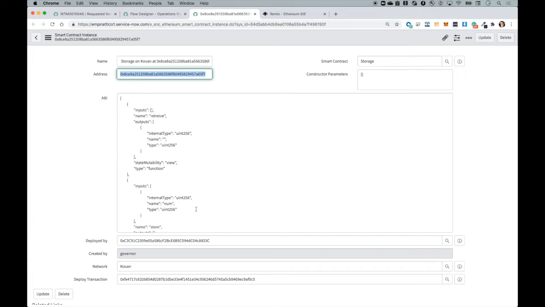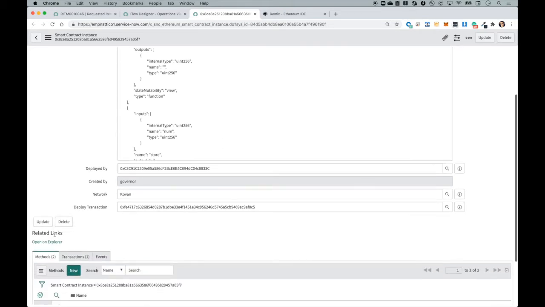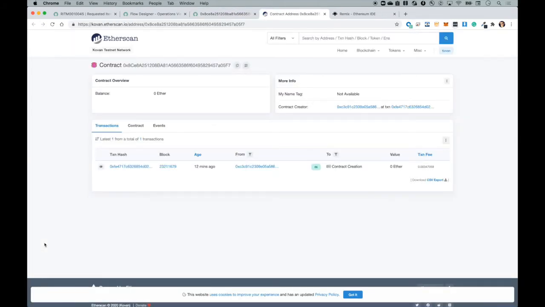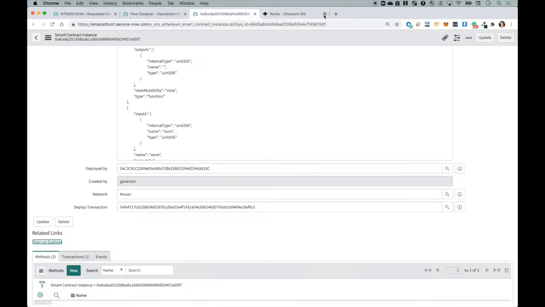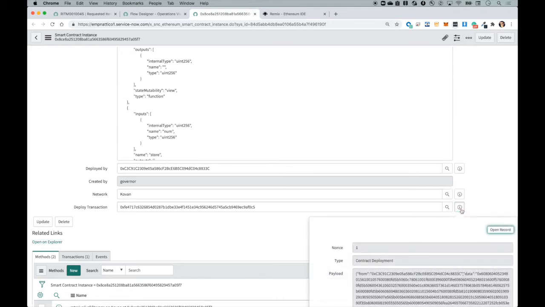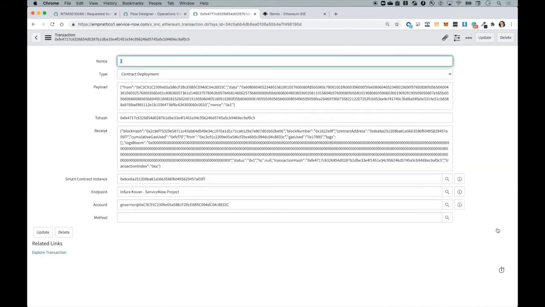I have again the ABI, and I can open in the Blockchain Explorer the smart contract instance and see all the details about that. For the moment, I have just the transaction that has created this smart contract. In the same way, I can go back to the smart contract instance and I can see the transaction that has deployed this smart contract instance. And I can open this object in ServiceNow that is kept for auditing purposes.